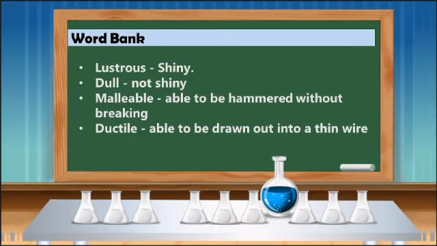Kasi when we say malleability, can be hammered. Can be hammered without breaking. So, magagawa mo lang siyang sheet. Lalapad lang siya. Pag pinukpok mo siya ng hammer, tapos ma-flat siya, the ability to be flattened, so that is already malleable. And ductile naman, because of that, you can draw it into what? Thin wires. So like copper.